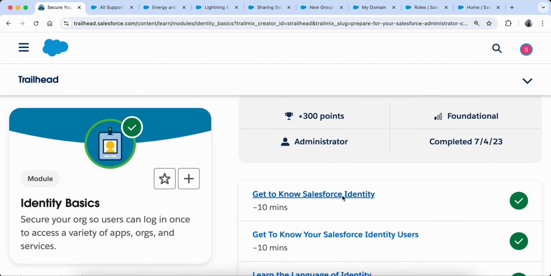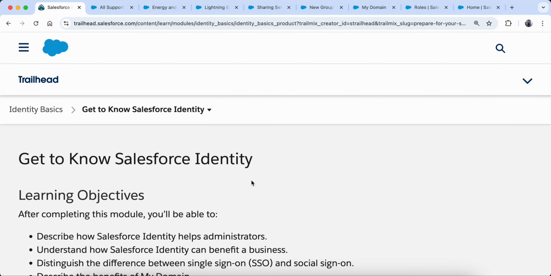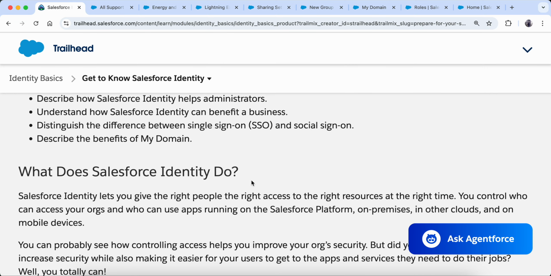Okay, so first of all, what is Salesforce Identity? Salesforce Identity means that when people are logging into Salesforce and they are saying that my identity is this, my name is this, or my last name is this, or contact number is this, we should be able to correctly verify them. This is what identity management is, right?